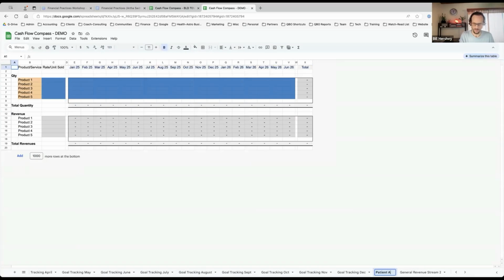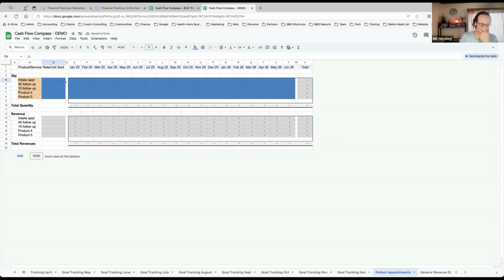Okay. And let's say that you have, and you'll adjust this for whatever your business model is, but hopefully this demonstration is going to give you an idea of at least how it works. Typically, an intake appointment for a clinic is a different price than a follow-up appointment. So let's say 45-minute follow-up. Let's say 15-minute follow-up.